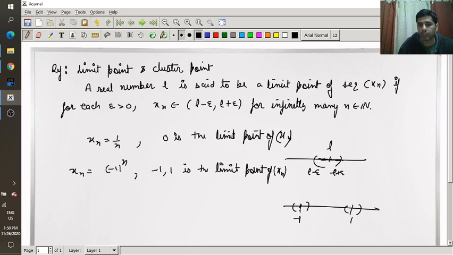तो मैं इसका कोई भी नेबरहुड ले लूँगा, बड़े से बड़ा छोटे से छोटा, उन सभी नेबरहुड्स में इनफाइनाइट टर्म्स लाई करेंगी. सो -1 हमारा लिमिट पॉइंट हो गया xn का। इसी तरह जितनी भी इवन टर्म्स हैं वो सारी 1 हैं, राइट। सो यहाँ पे x2 भी है, x4 भी है, x6 भी है एंड सो ऑन, सारी की सारी टर्म्स यहाँ पे 1 पे हैं, राइट। सो 1 पे x2, x4, x6 एंड सो ऑन।